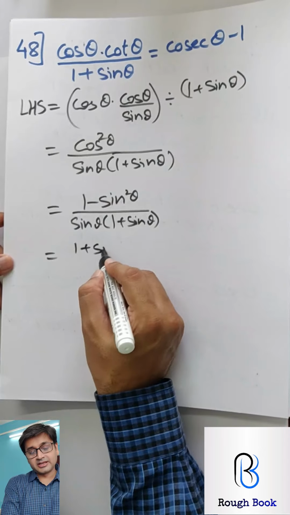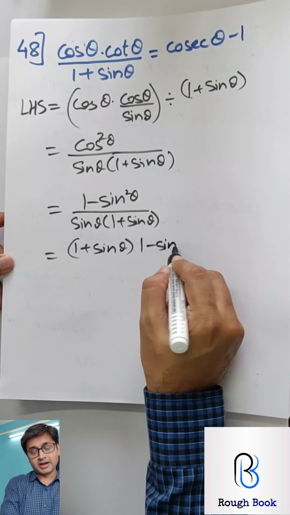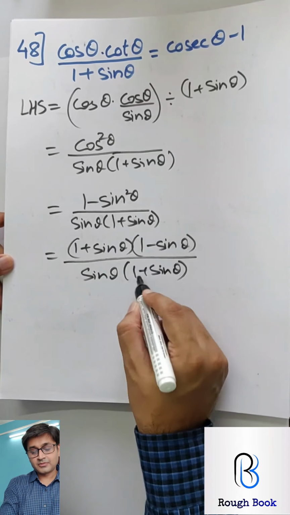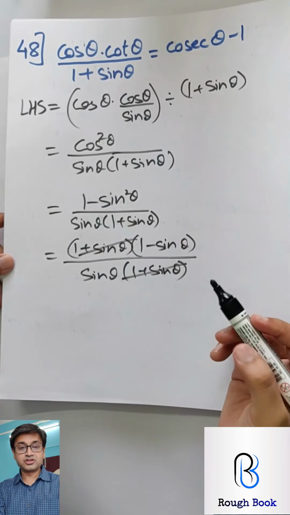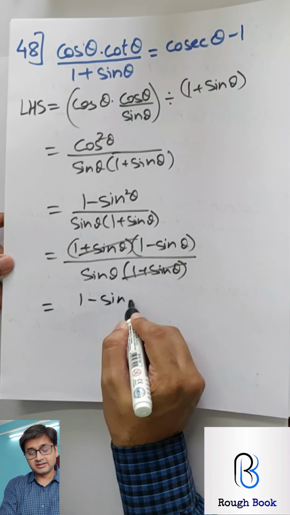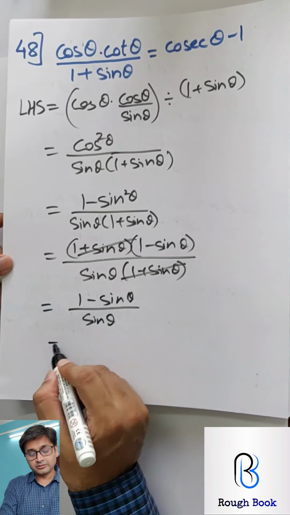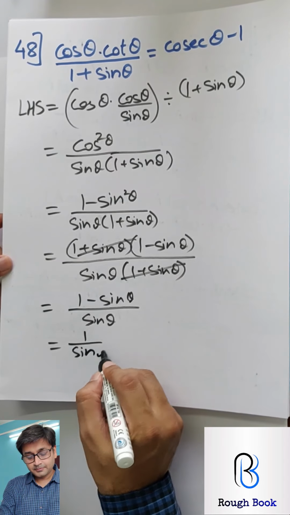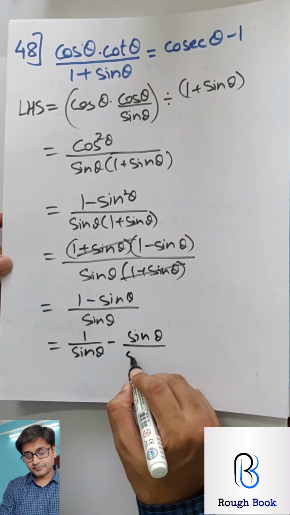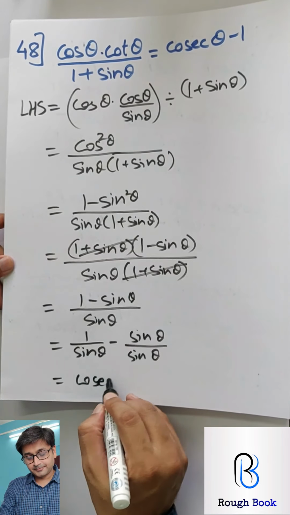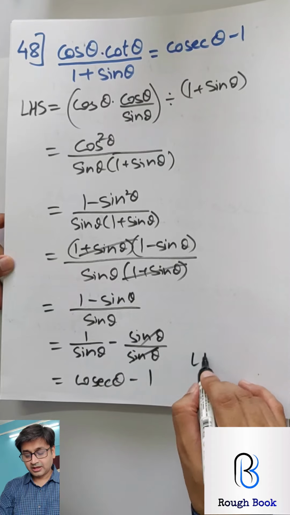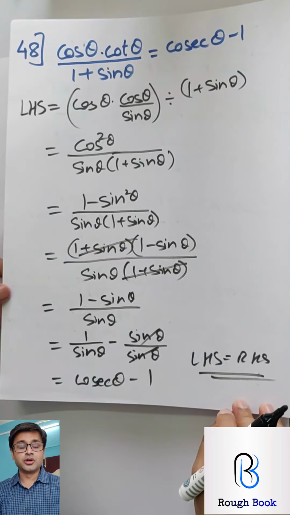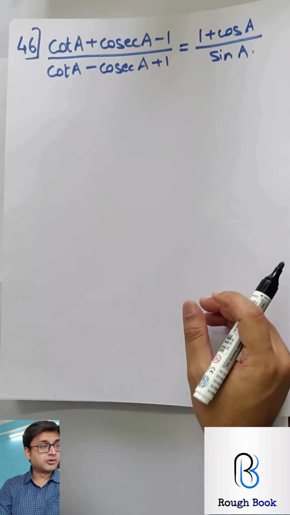Now what will happen with this? A plus b and a minus b upon sine theta into 1 plus sine theta. Cancels. That is the reason why you got this changed. Further, 1 minus sine theta upon sine theta. What to do now? Reverse LCM. Split this. So I'll get 1 upon sine minus sine upon sine. What is 1 upon sine? Cosec. And cancel. So 1, and therefore magic. LHS is equal to RHS. I told you, you will manage this on your own. It was simple.